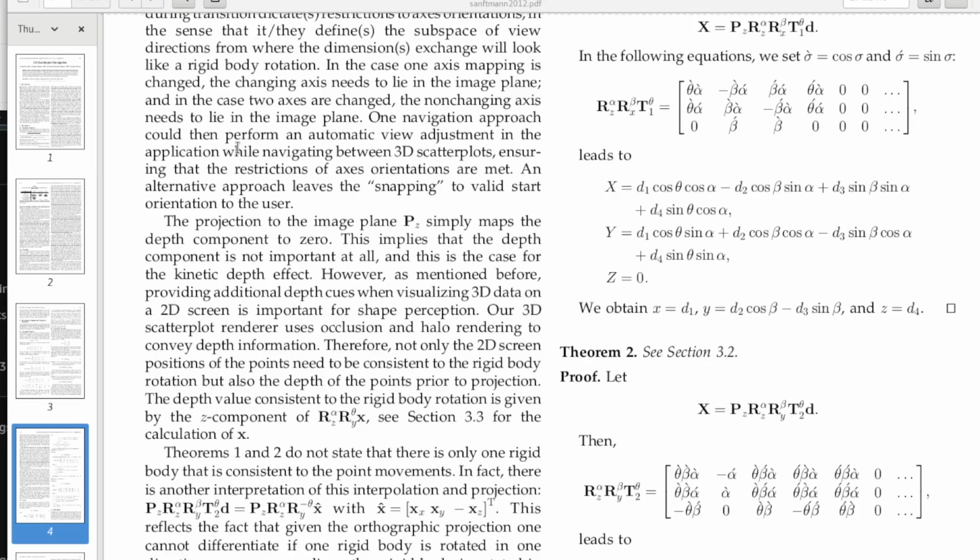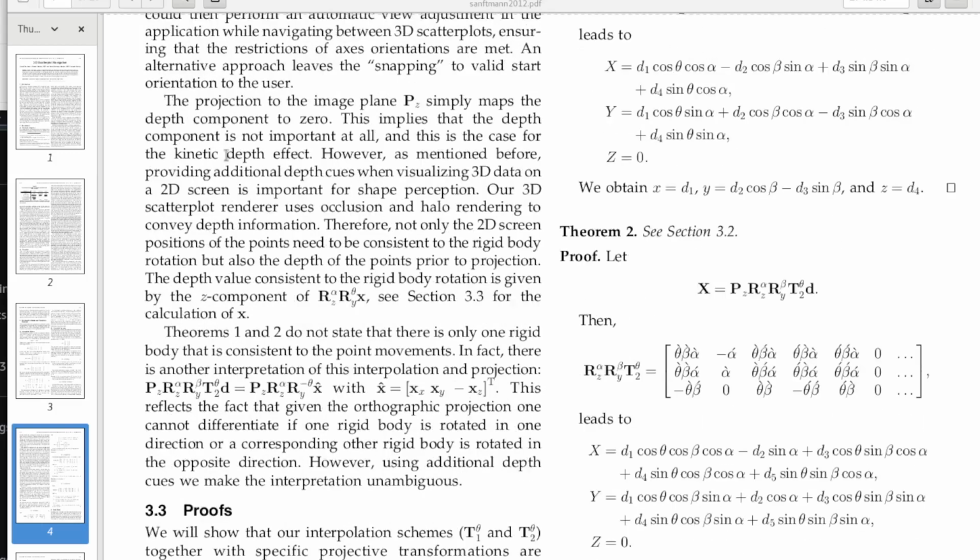Therefore, not only the 2D screen positions of the points need to be consistent with the rigid body rotation, but also the depth of the points prior to projection. The depth value consistent with the rigid body rotation is given by the z component of R_Z R_Y x. See section 3.3 for the calculation of x. Theorems 1 and 2 do not state that there is only one rigid body that is consistent with the point movements. In fact, there is another interpretation of this interpolation and projection, with x